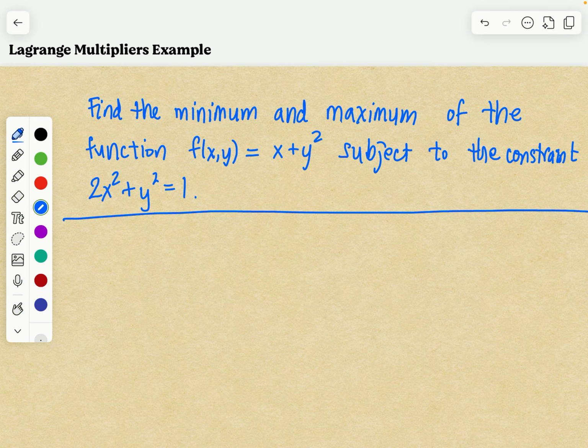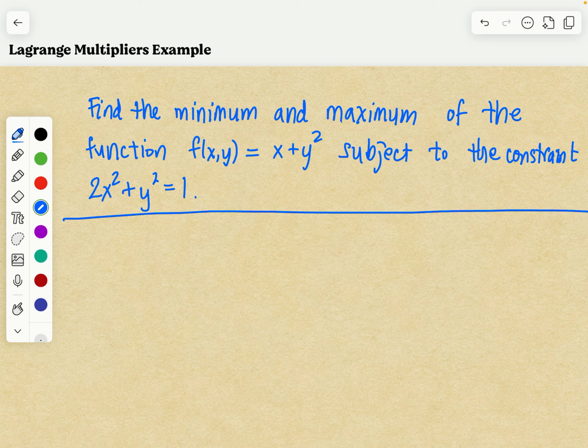In this problem, it says, find the minimum and maximum of the function f(x, y) = x + y squared subject to the constraint 2x squared plus y squared equals 1. So take a moment and try to solve this problem, and we'll go over the answer. Okay,